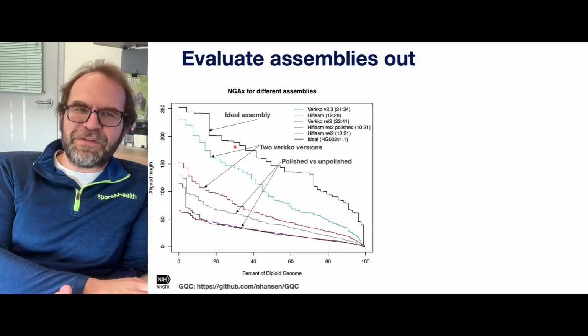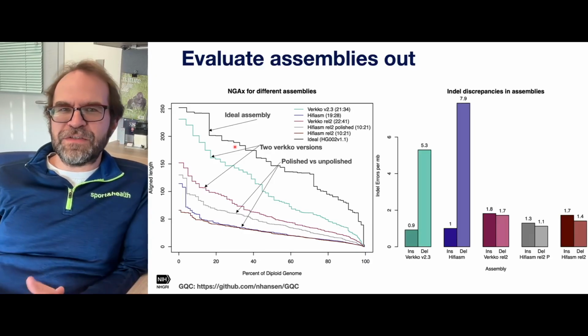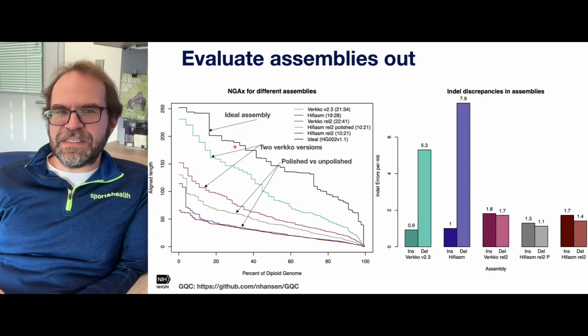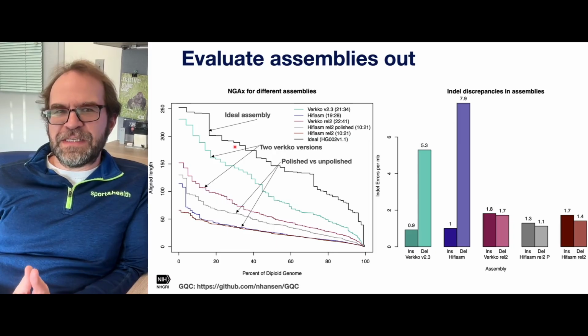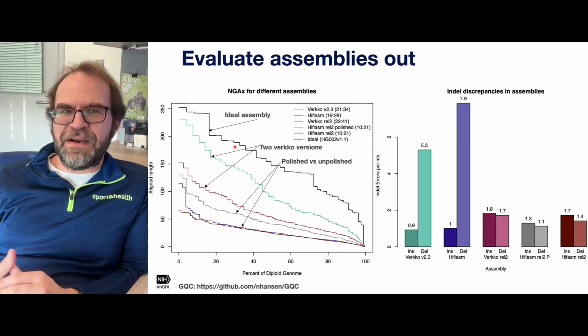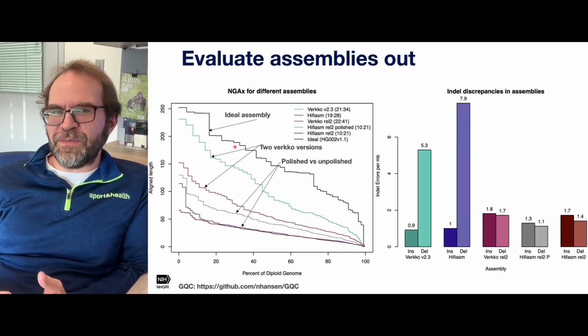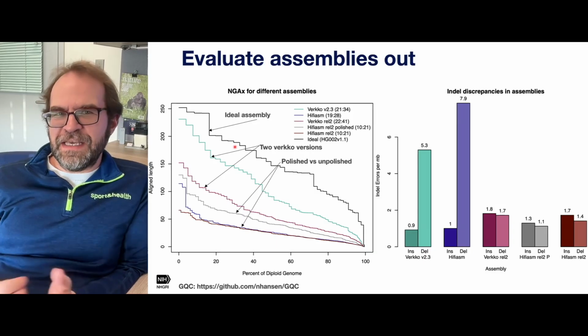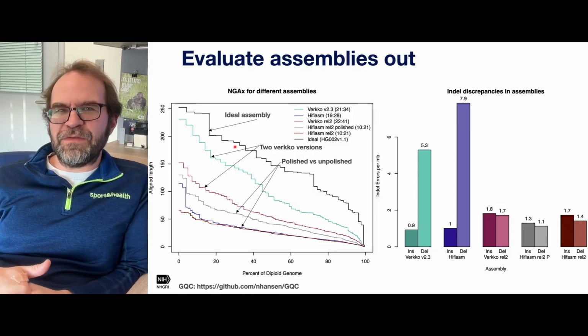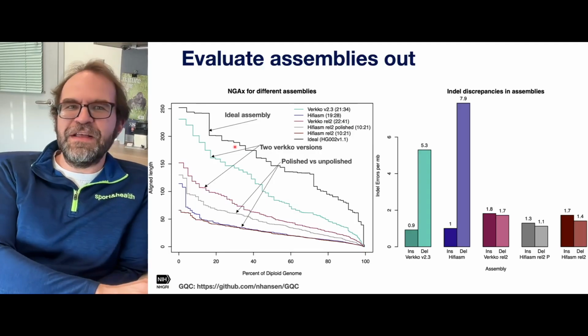And we don't have to look at just these kind of broad metrics. We can also drill in and see exactly where the assemblies are making mistakes. And so we can see that most of the mistakes they're making are in insertion deletions and homopolymers, primarily deletions. And this makes sense for what we know about the HiFi sequencing, that it can undercall the length of a